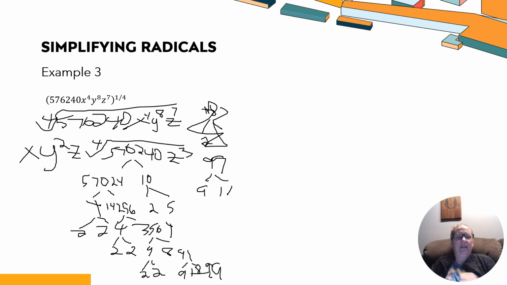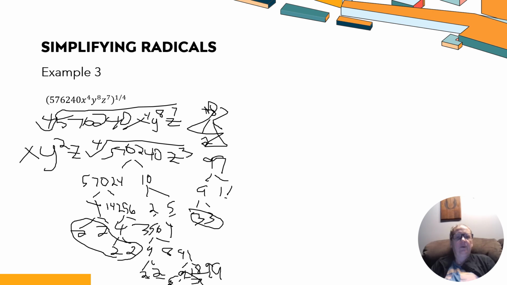So I have this 9, which is 3 times 3. This 9 is also 3 times 3. I know, this is a very big mess. So I'm looking for 4 of the same thing. So I have 4 2's here. I have 1, 2, 3 2's here, so that's not going to work. I have a 5 here. I have 1, 2, 3, 4 3's, so these 4 3's go together, and then I have this 11 that